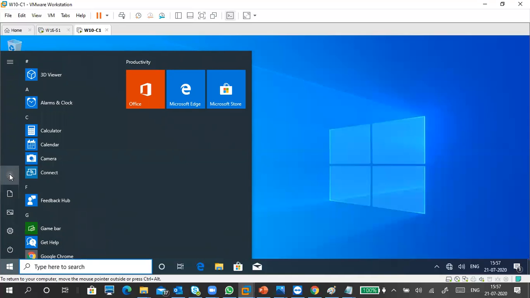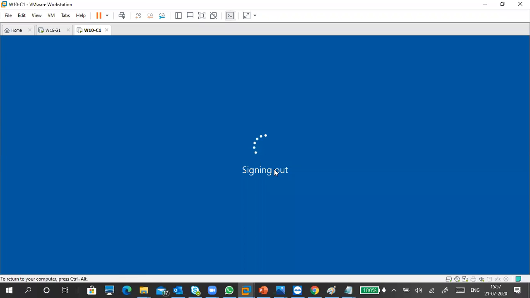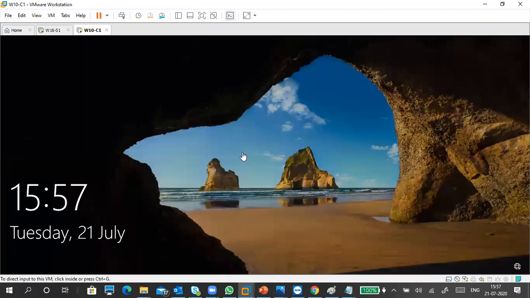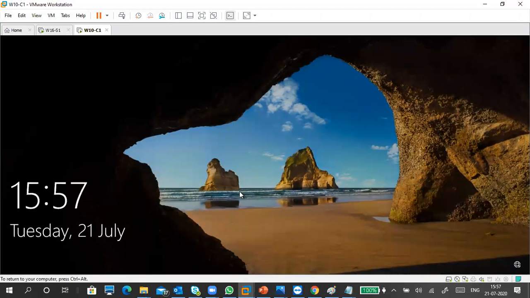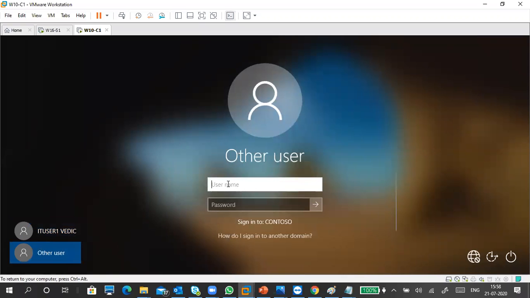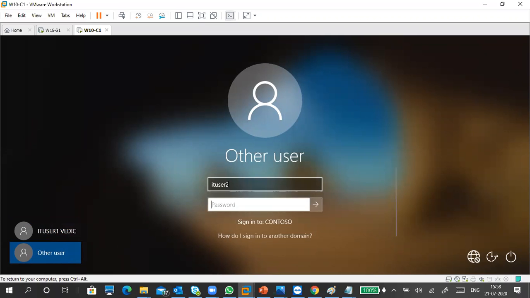Yeah, it is showing the name also. Okay, now sign out. IT user 2, password admin@123.